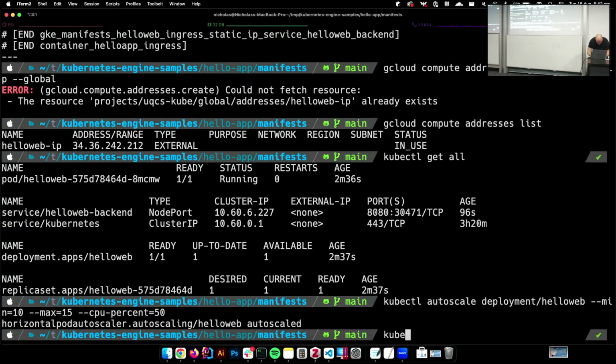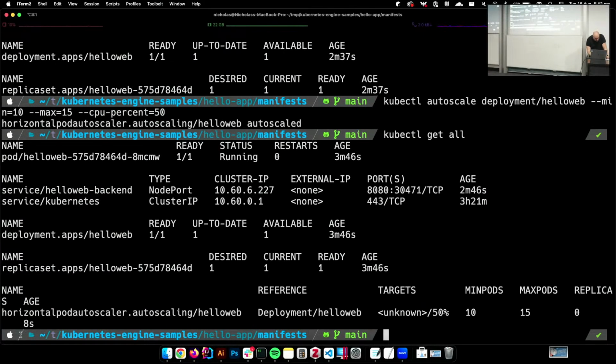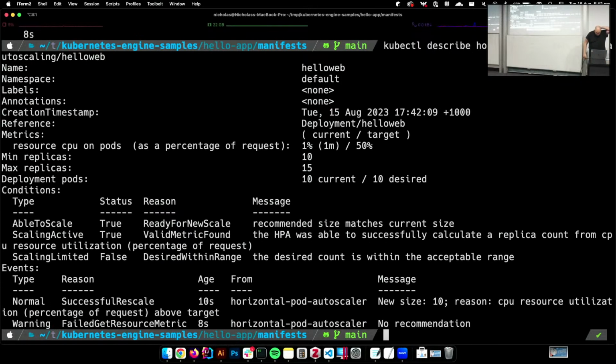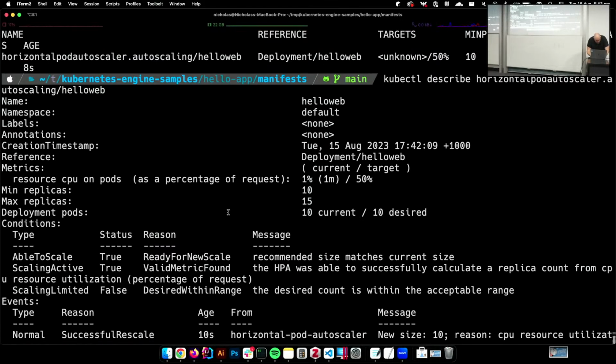So we should now have another resource called a horizontal pod autoscaler. And let's have a look at what that looks like. Kubectl describe. Okay, so we've got default information, name, what it's doing. It's got 10 at the moment. We've got events still. We haven't actually triggered anything, and whether I'll actually be able to will be up for debate. But we should, theoretically,